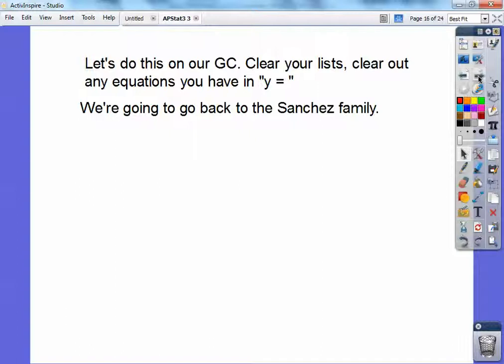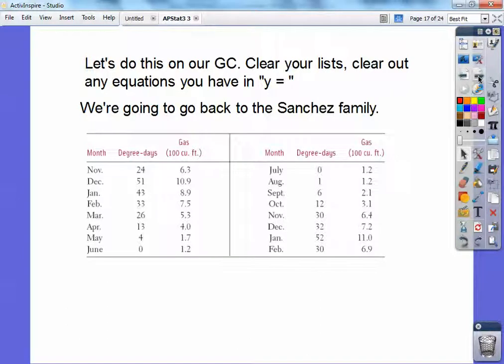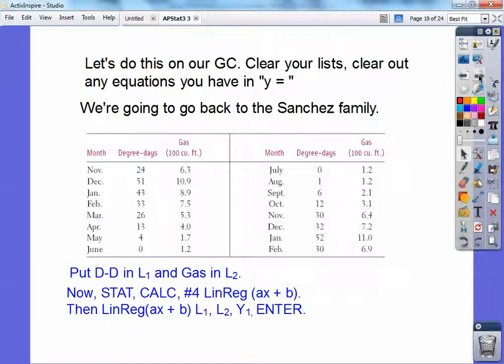Okay, so let's do this on our graphing calculator. Let's clear your lists and clear out any equations that you have in y equals, and we're going to go back to the Sanchez family again. We're going to use this all the time. All right, so we're going to list all the degree days in list 1, and all the gas consumptions in list 2. Okay, so go ahead and do that. I'm going to go ahead and pause. Okay, and then you guys pause, and then once you get them in there, let's go to Stat,